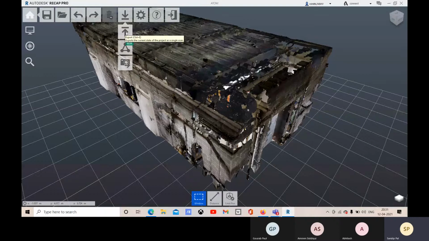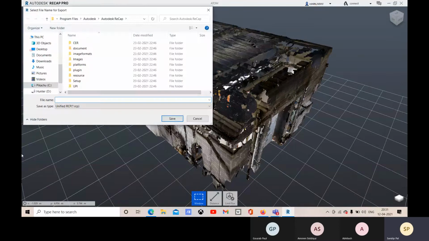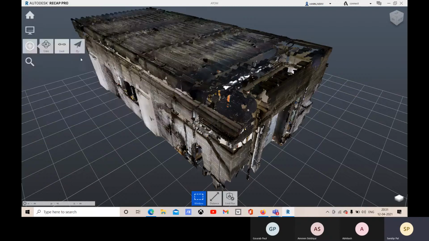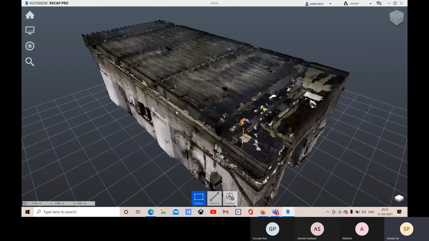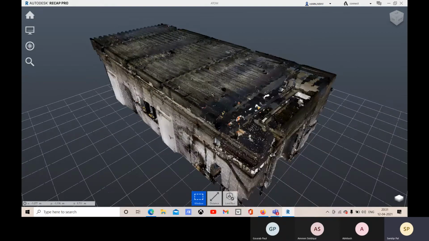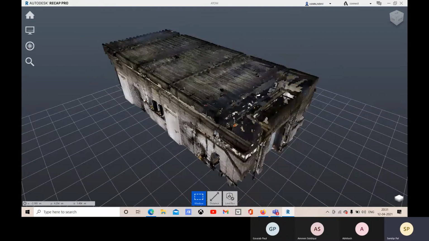Here you can see this is the option for export. So after importing your files, you can combine them. This will be a unified object, so that will be one single file. If you don't export it, that will not be a single file. The two files will be like individuals, but present within the single file.